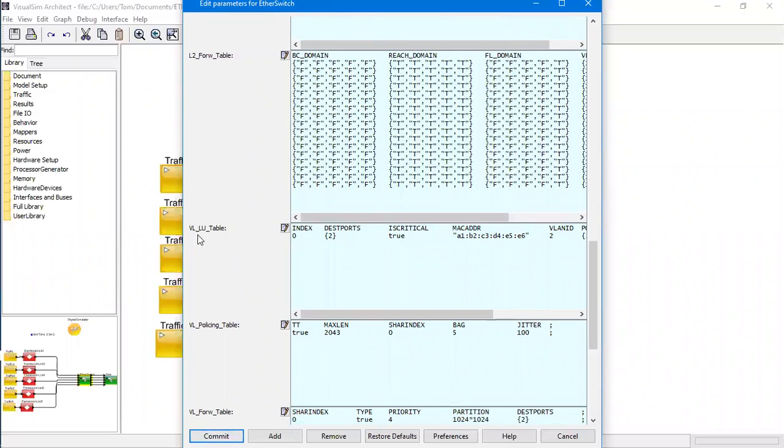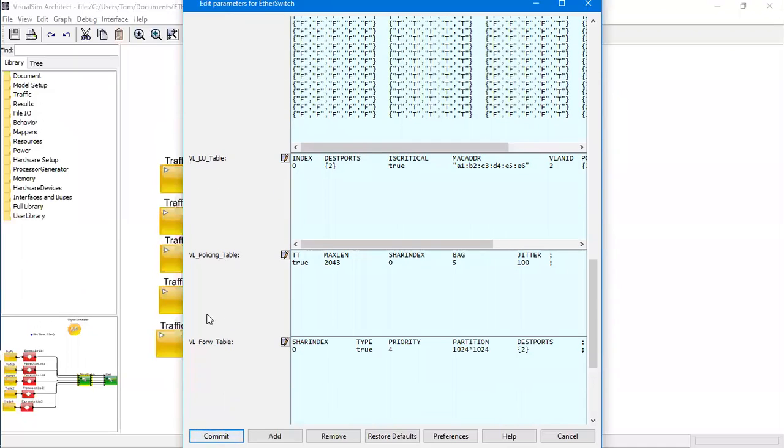Now let's take a look into the VLLU table. When we have enabled the TSN scheduler, these tables will be loaded up. Otherwise, the VLLU, VL policing, and VL forwarding tables are not used.